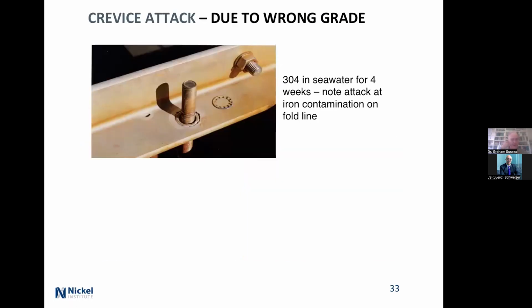This is 304 in seawater, and the seawater was used because it was going to take them 6 weeks to do the hydro test of it, and basically they had to get the thing finished. So they put it in 304 seawater 4 weeks, and they got corrosion quite badly. This little thing on the right, on the left, is basically an area where obviously they bent this thing and pushed in some carbon steel. But most of the corrosion is around where the castellated washer sat down to basically make it stay put. Yeah, not a good design.